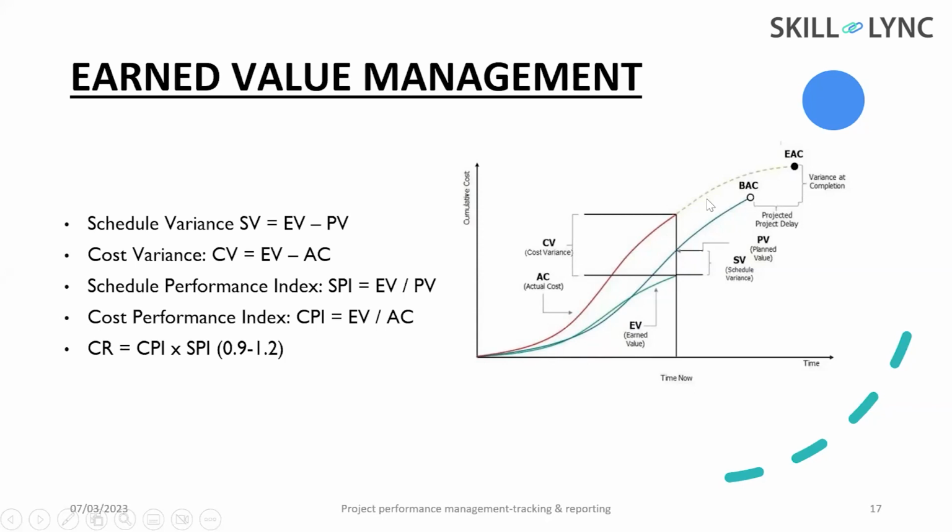As a civil engineer, how we will be doing this process on site or in the construction industry is, we will first prepare a timeline and we will mention the cumulative cost. For example, if it is a 20 lakh project, initially the money will be 0. Later on the cost or the expense will be increasing, and we will track this expense with respect to the time. So here we can see that at the end, this is the actual cost and this is the estimated completion. It was a 20 lakh project, but at the end, the money is say 25 lakhs. So that is known as the estimated completion.